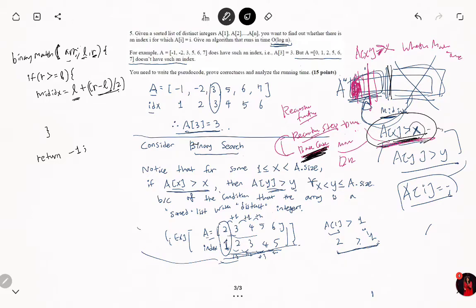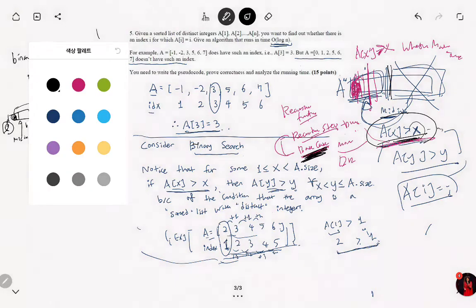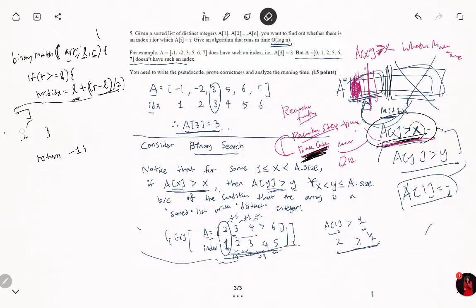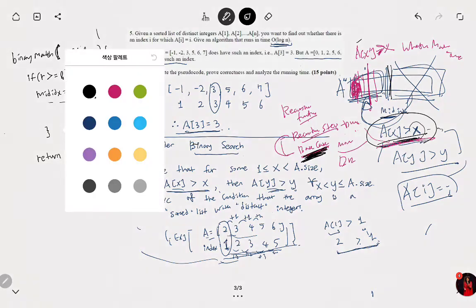So pictorially, you're getting this amount by (R - L) divided by 2 here, and then just adding L, right? So you can get the mid index, right? So, okay, it's much easier to understand when you draw it. So, okay, since you got the middle index, now